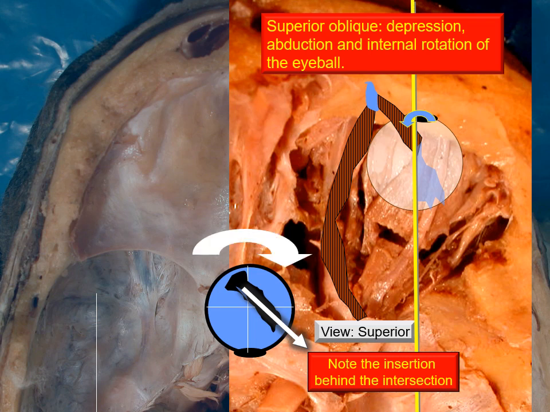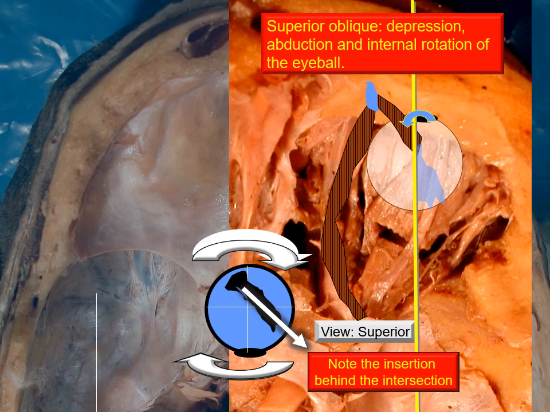As a result, if this muscle contracts, this is how the tendon is pulled. As a result of the pull of the tendon, you watch carefully what happens. The front end is moved laterally, and that is because the back or the posterior quadrant is being moved medially. The axis of rotation is supero-inferior. Therefore, this muscle, superior oblique, causes abduction of the eyeball. In summary, the superior oblique causes depression, intorsion, and abduction of the eyeball.